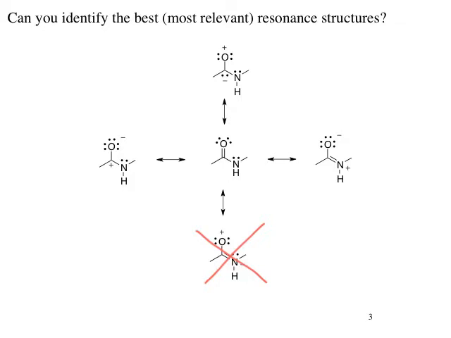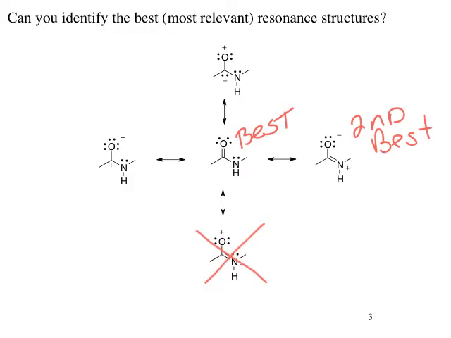Now, another way to say that is you want to have a molecule with no atomic charges. That basically says you have no separation of charge. So it looks like the center structure here is indeed our best Lewis structure, and the one on the right side represents maybe our second best structure. Between the other two molecules, we want to move on to the fourth preference in our list